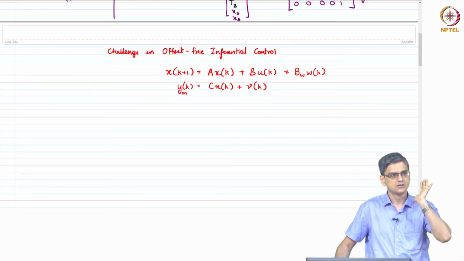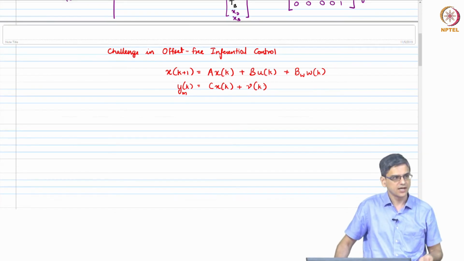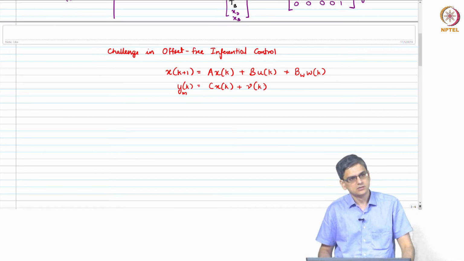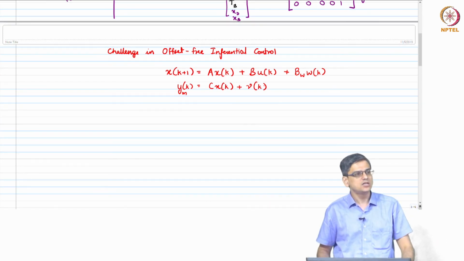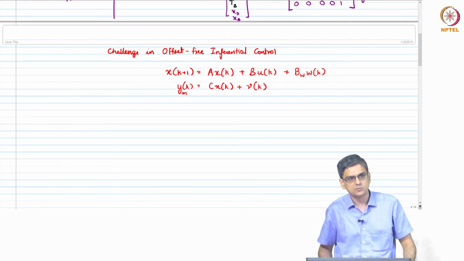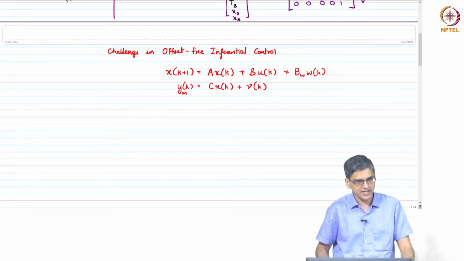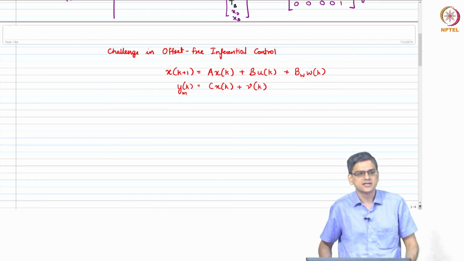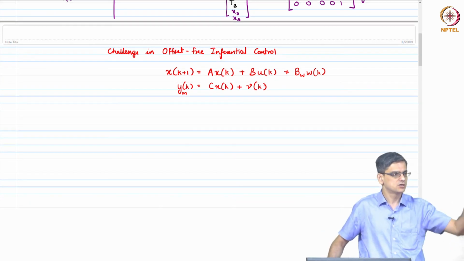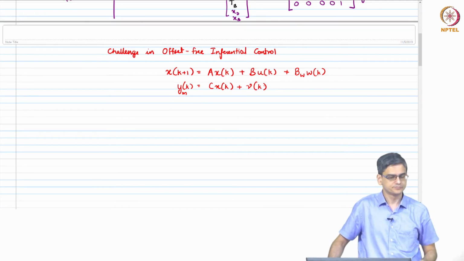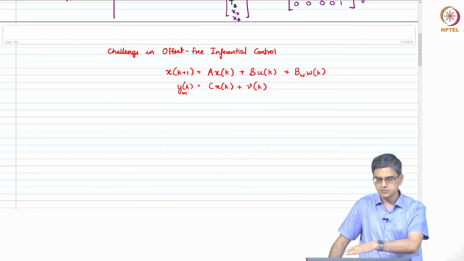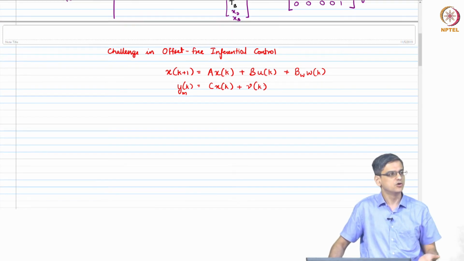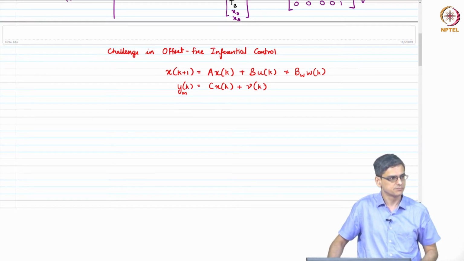What that implies is that all the uncontrollable or unstable modes of your A should get stabilized by your integrating white noises. If not, then you are going to lose the observability part.